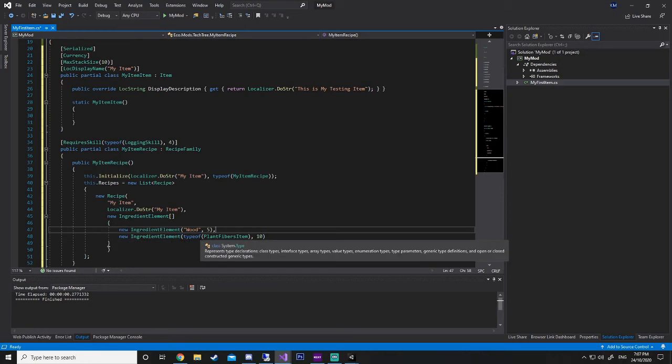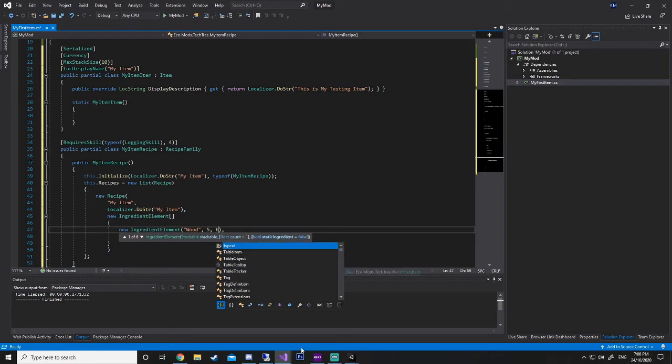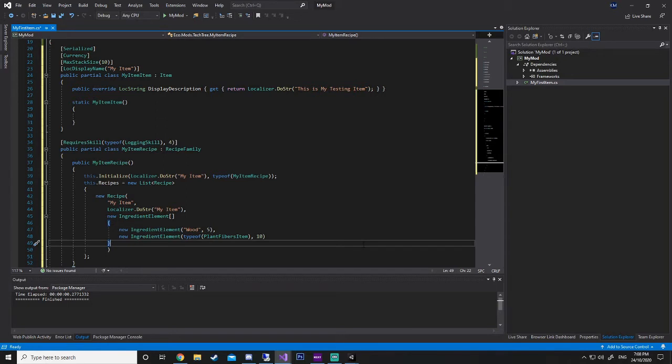So if you're using a tag, you can just go straight string. If you're using an item, it's a type of that item, and then the amount, and then you can add skill benefits and stuff, which we'll cover at a later date when we do variant recipes and things like that.